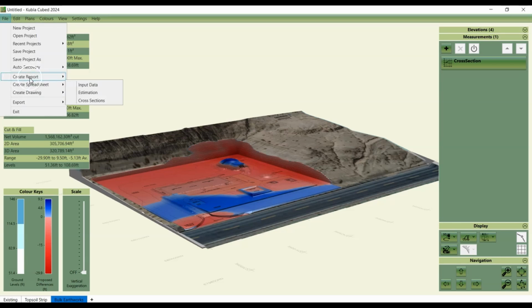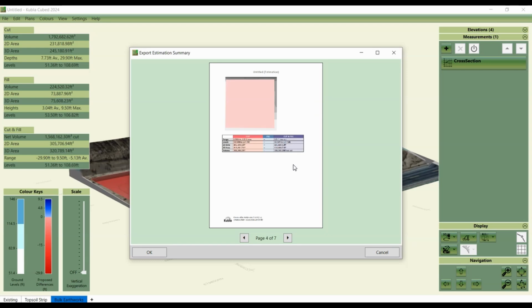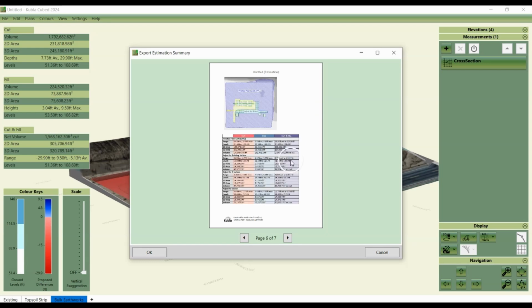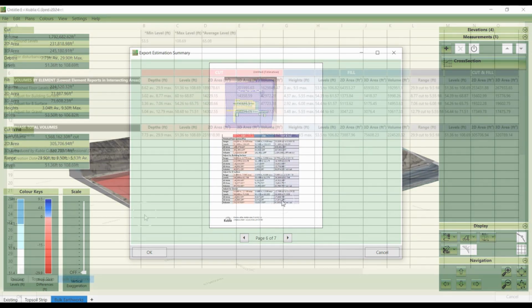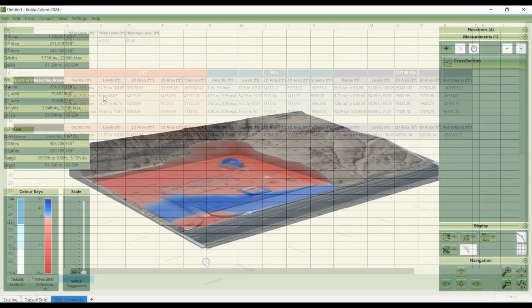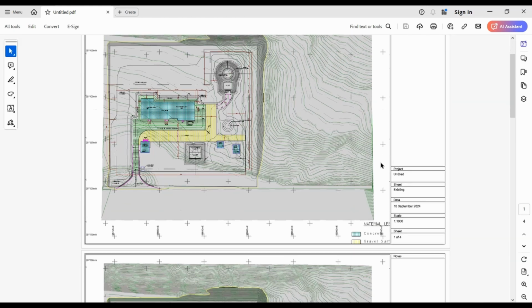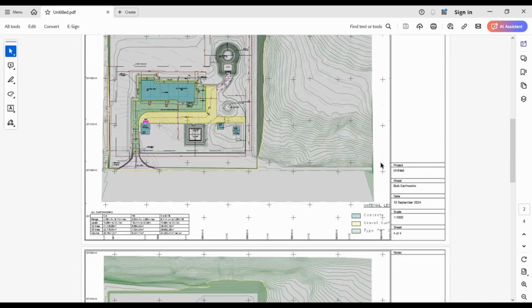Kubla Cubed offers various export options. So estimation exports let you generate a detailed estimation report either as a Word document or as a spreadsheet, which includes a breakdown of the cut and fill volumes, surface areas and other relevant data. And then the drawing exports give you finalised drawings as PDF, CAD and image formats.